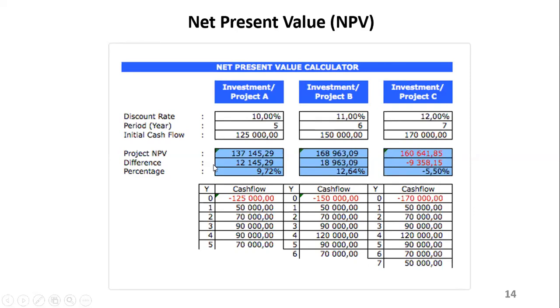Let's say in terms of the NPV for project B here, you can see it's 168. It has exceeded the initial investment by 18,000, almost 19,000. It's like 12% more. So this project B, it might be wise to opt for project B, maybe, or maybe project A, compared to project C. So you're going to compare different projects in that way.